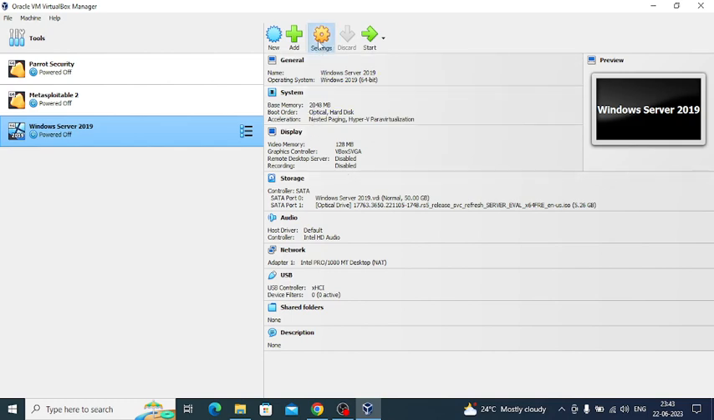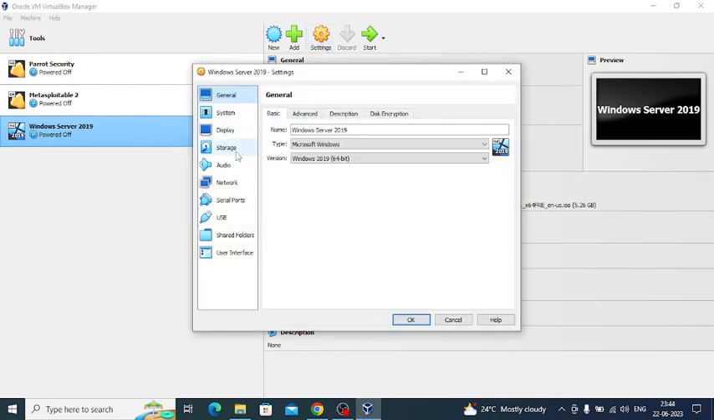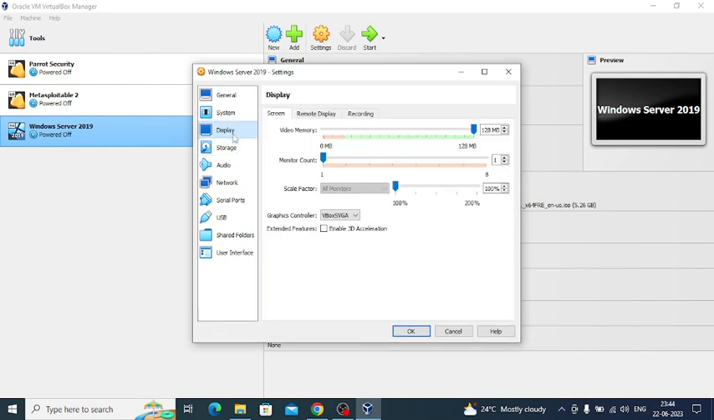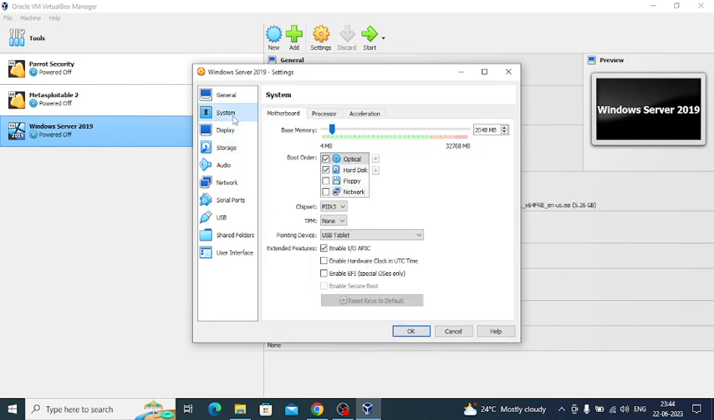Okay, so we need to check the boot order, guys. Storage, display, system. Yes. So the boot order, it's okay. We are selecting the optical, so it will boot from optical and then the hard drive. But after it is booted, so better we will go and